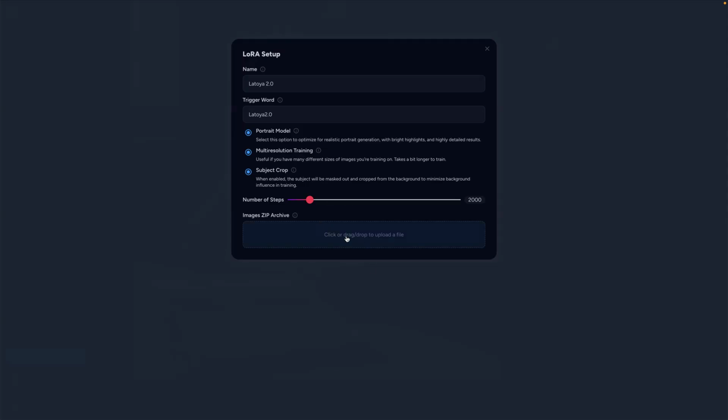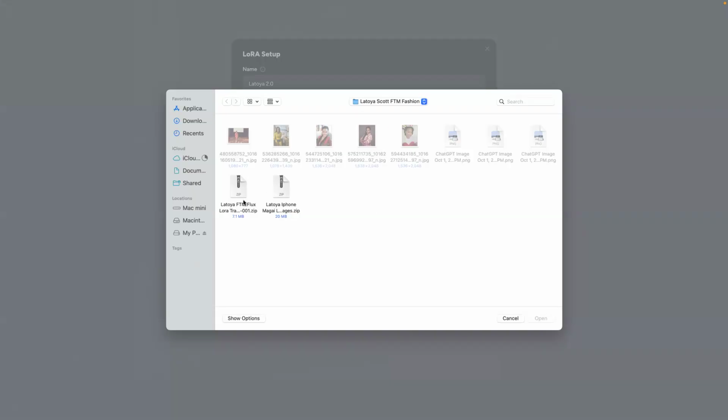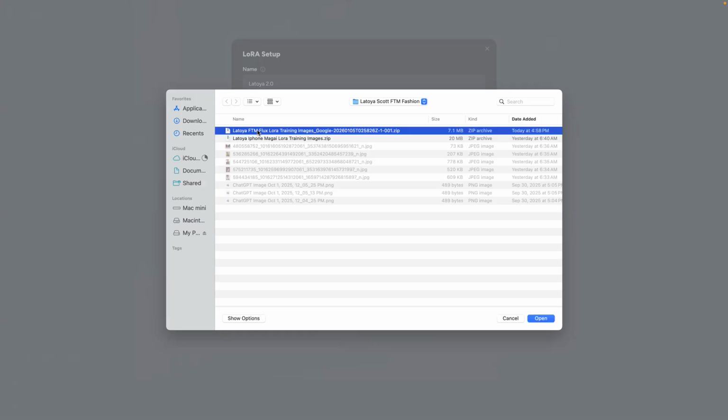Now, the more important thing is you have to have your images in a zip drive. They have to be in the format. You need at least 10 for the best results when training LoRa. Please avoid using HEIC. I just told you about that. Use PNG, JPEGs instead, as they are more compatible. So we're going to go here. I have it here.